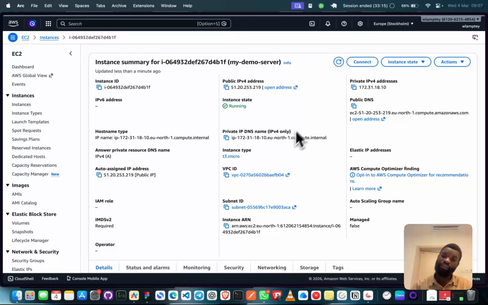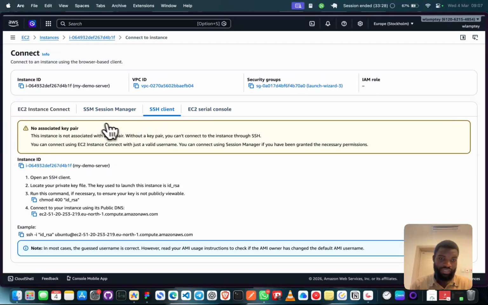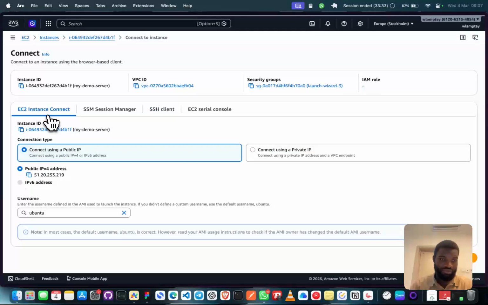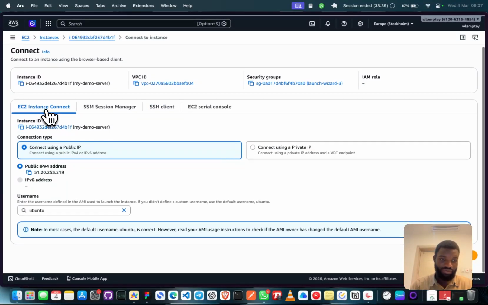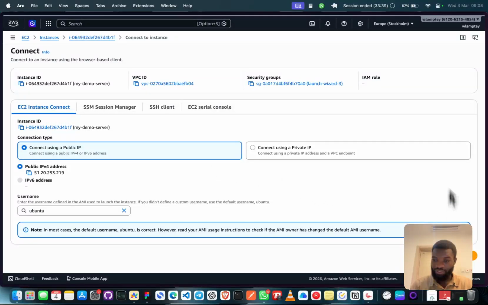All right, and now we see that our instance state has turned from pending to running, and now we're able to connect here. So if we hit connect, we will see a few questions that we will be asked, but let's use the EC2 Instance Connect. This will just go directly into our terminal, and so you can select connect using a public IP. This is your public IP, and then you'll use the username. We'll use the default one here as well, but when we hit connect,